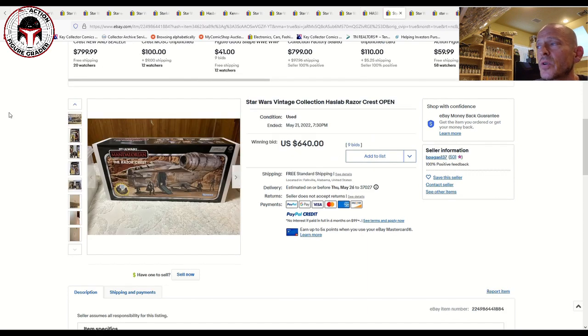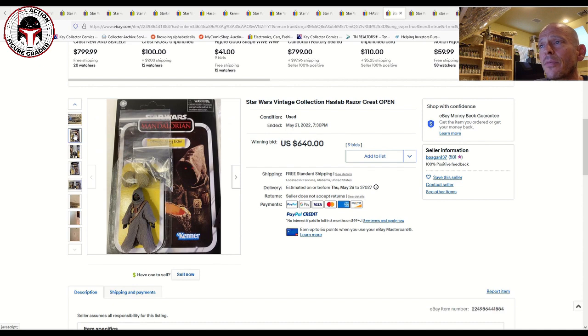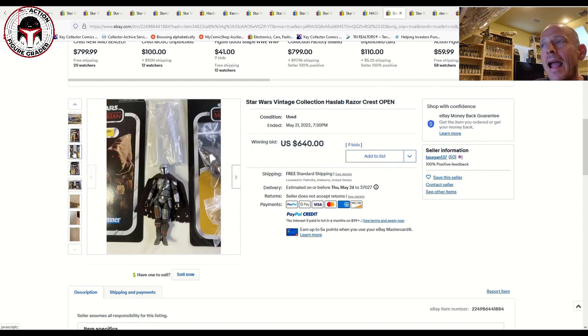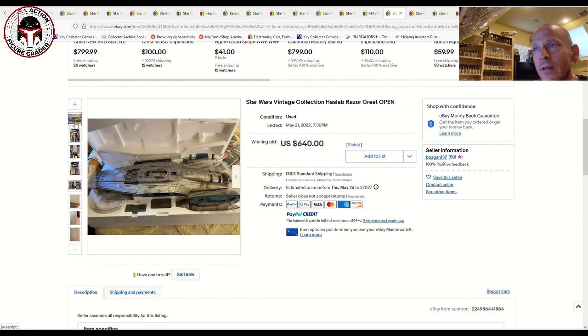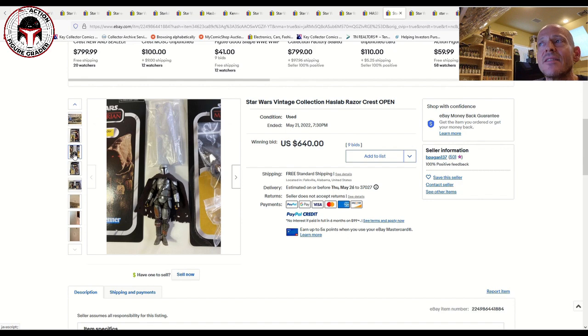And then this Razor Crest was an interesting sale. It had 9 bids. It was at auction. It sold for $640 on free shipping, but it was opened. And both mint on card figures were opened in little baggies. And then the baggy Mandalorian with the cloth goods cape was also open. So for an open Mandalorian, 2 figures that were no longer on the card back, the baggie that's no longer sealed,